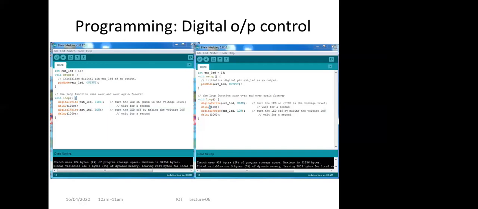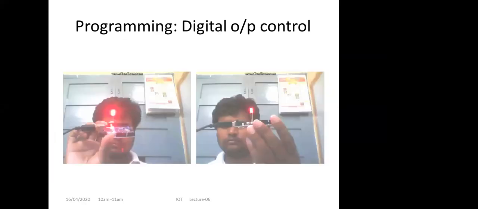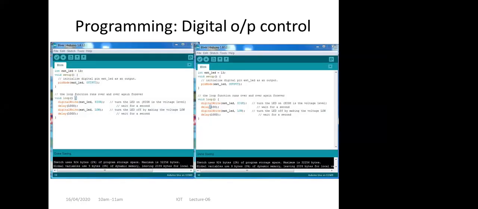So don't make such mistakes. The things which are required globally, you need to mention at the top of the program, so that they are visible to the complete program. Please remember that variables which are required globally need to be written at the top of the program. Even libraries, if you include any library, need to be mentioned at the top of the program. We'll see all those things in coming sessions.